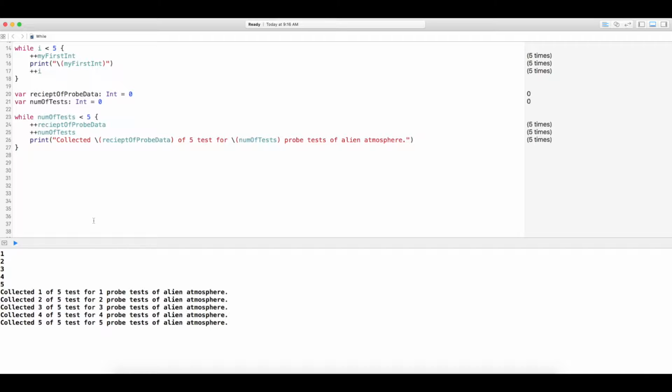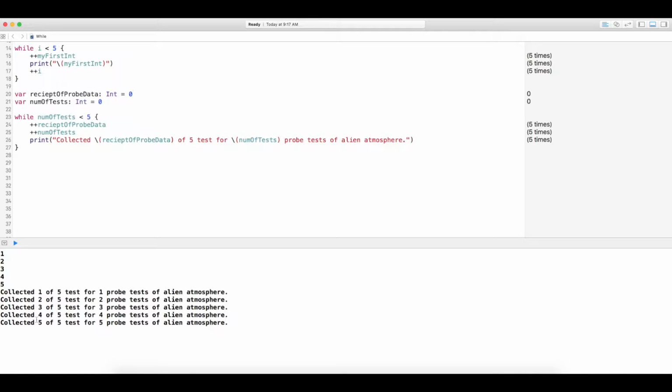As you can see, it's collected 1 for 1, collected 2 for 2. So each time it's coming back and creating a test and sending it back, and we're receiving it back. That's another example, kind of similar to the above one. But that's a simple way of